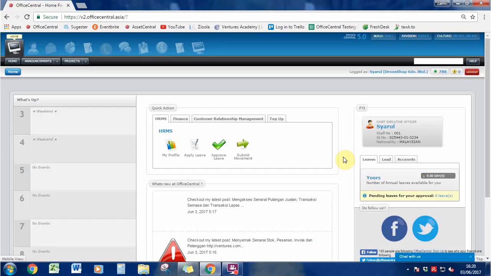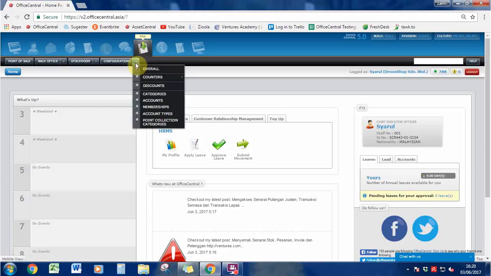To access module POS, you need to select from the list of modules above and then click on POS. Before you use this module, you need to make configuration first. First of all, you go to POS and then select configuration, and we will start with the last one, point